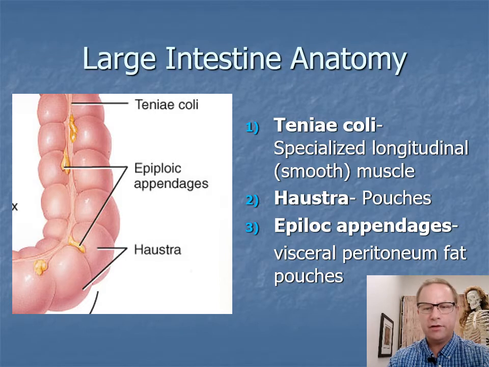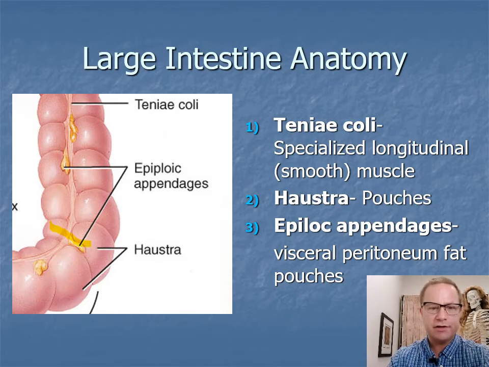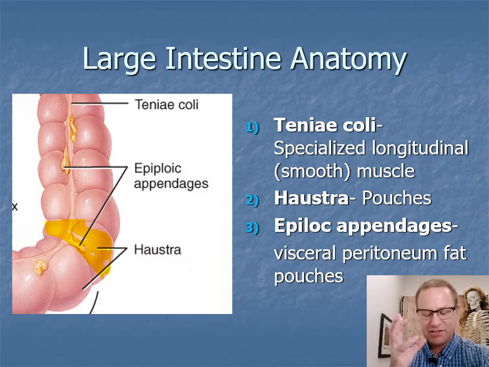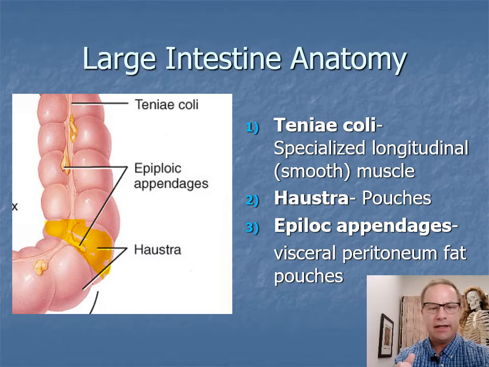Okay, so let's take a look at some anatomy of the large intestine. The first thing you'll notice is that the large intestine is divided in these pouches called haustra. So here is a haustra right here. It's a big pouch. And these pouches are basically where the food will sit while it dries out. The primary function of the large intestine is absorbing that last 10% of the water. And as it does that, the pouch will just sit in there and it will desiccate, and eventually it'll move